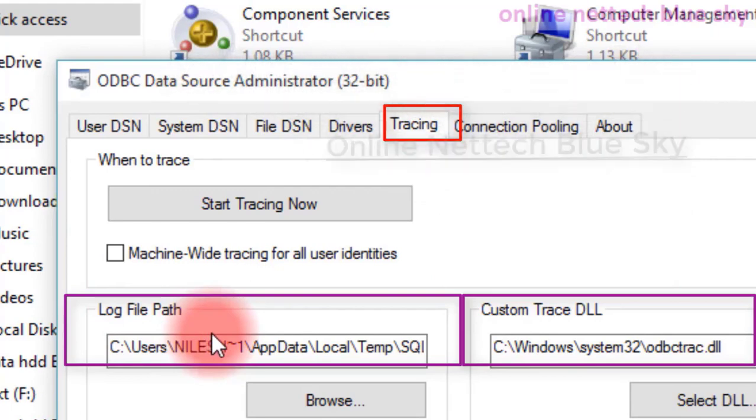Log file path, you already know about it if you watched my Event Viewer video, so you already know what a log is. A log is one type of information stored permanently in your computer.